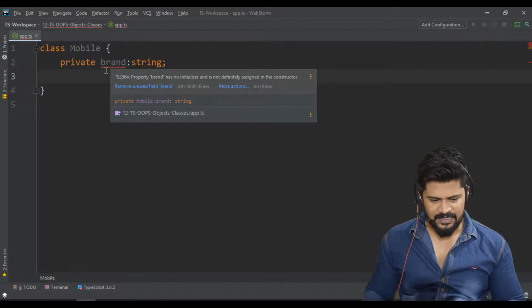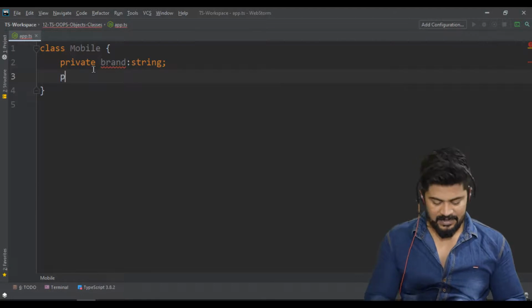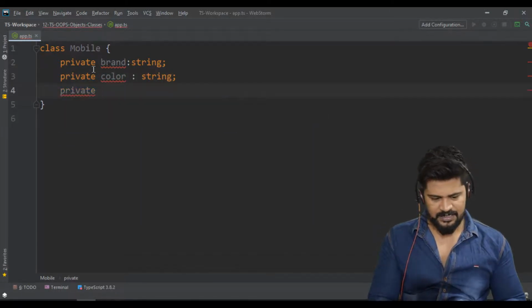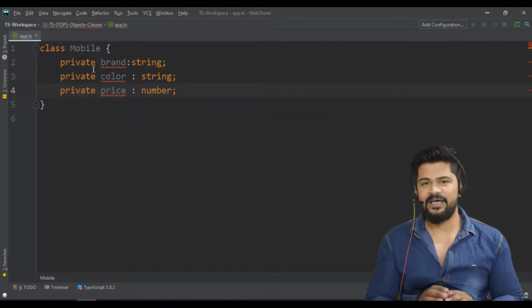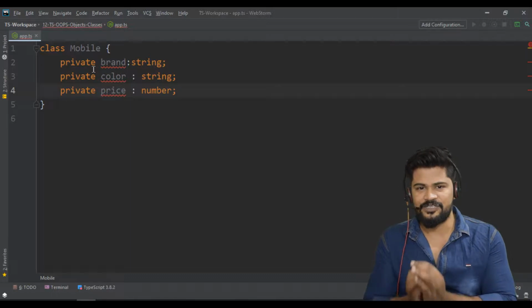We have to write a constructor. Don't worry, I'll do that. So let's say private brand, private color of type string, and private price, number. So the moment I create an object, it should contain these three properties.